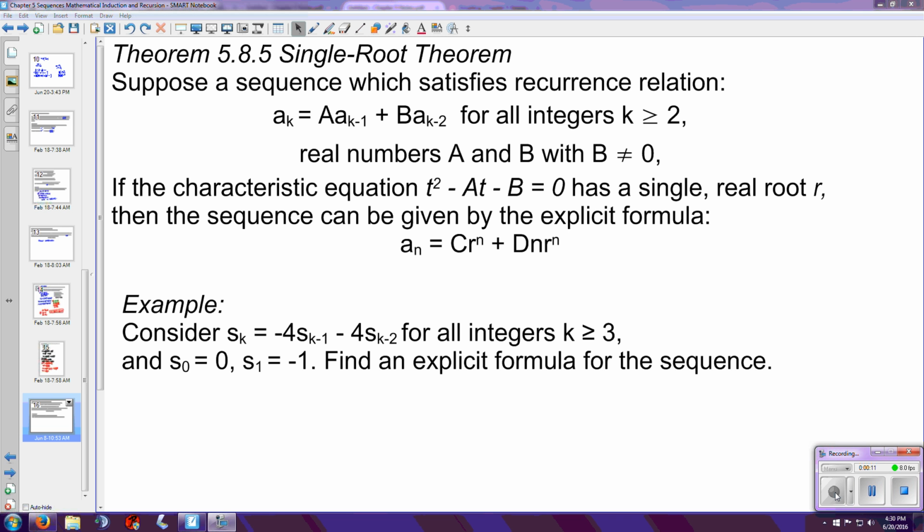Consider the sequence s sub k equals negative 4 s sub k minus 1 minus 4 s sub k minus 2. Let's look at what's going to happen and how we have to deal with a single root case. So unlike before where we had two distinct roots, here we're going to look at what happens with a single non-distinct root. Just like we did at the start of this section, let's find the characteristic